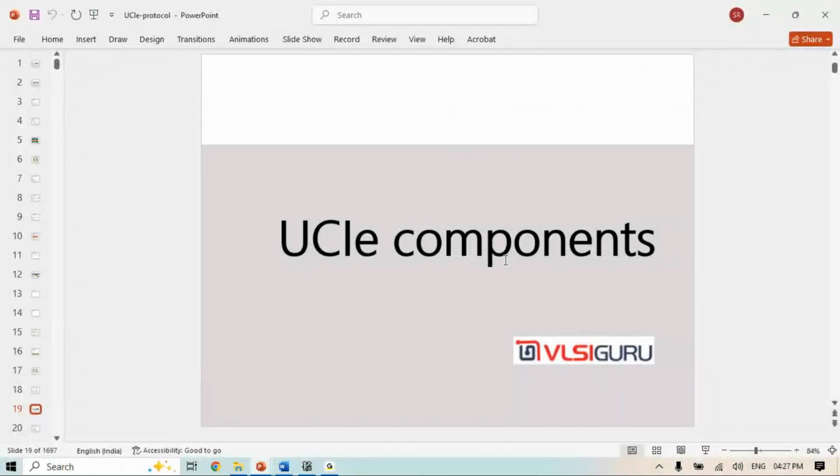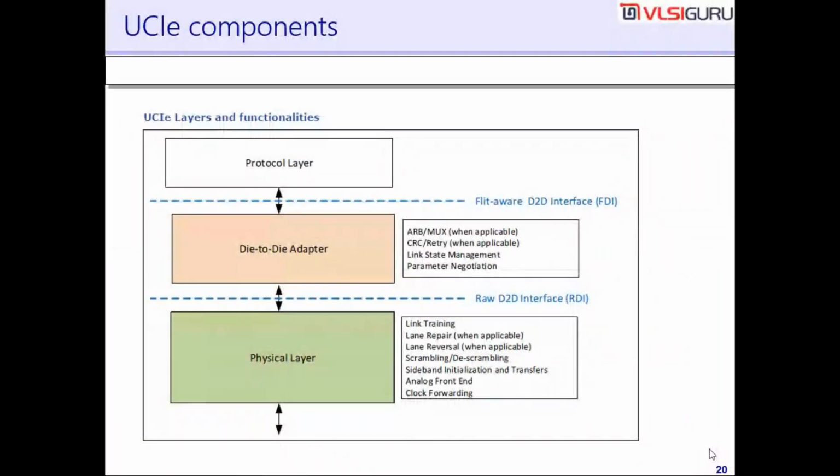Let us quickly talk about the different UCIe components. Then we'll end the session. UCIe functionality is implemented in 3 layers. As I said, protocol layer, the die-to-die adapter layer, and the physical layer. The protocol layer is responsible for providing the flit information to the die-to-die adapter in the PCI Express, CXL, or